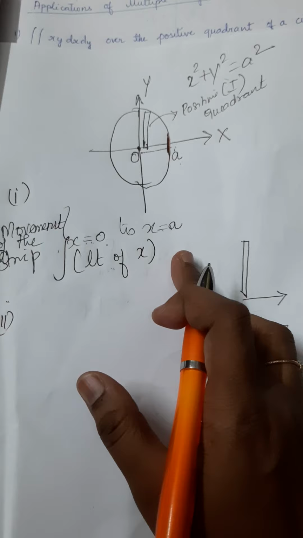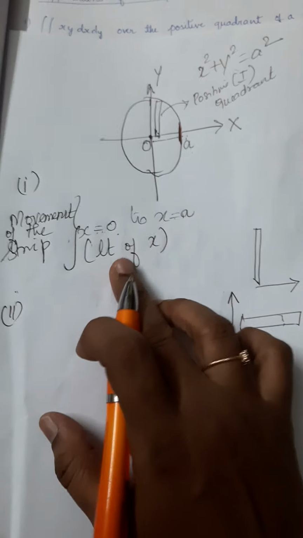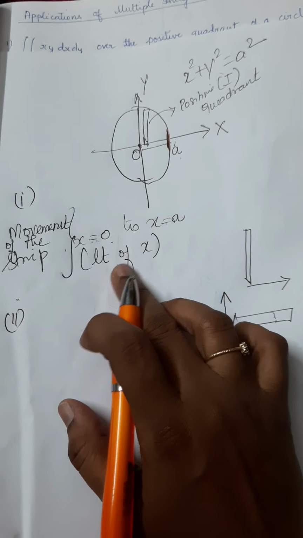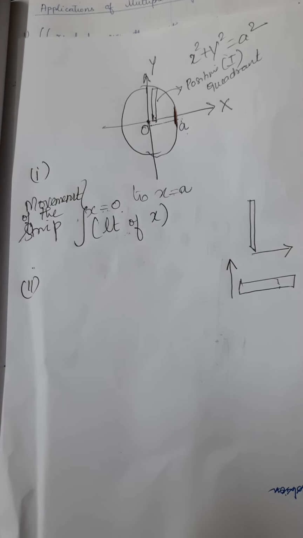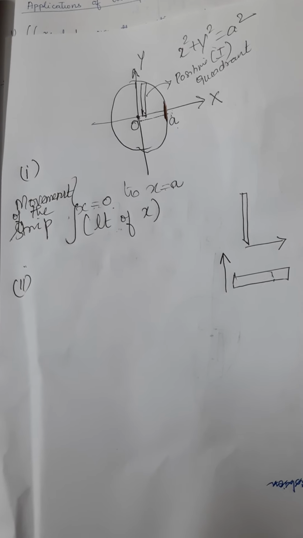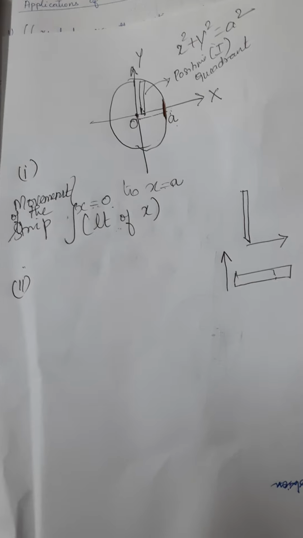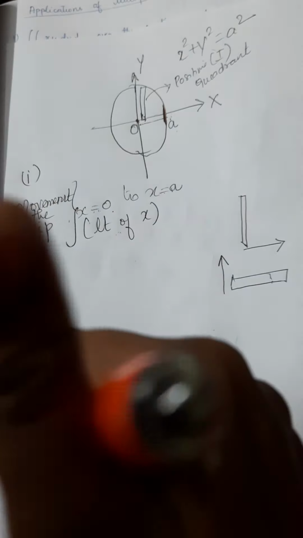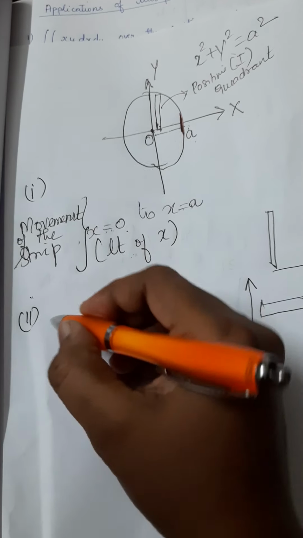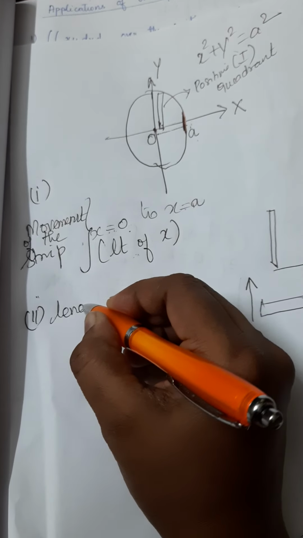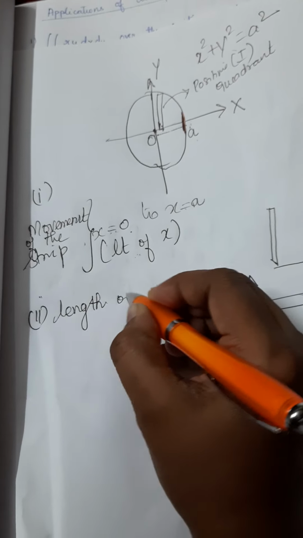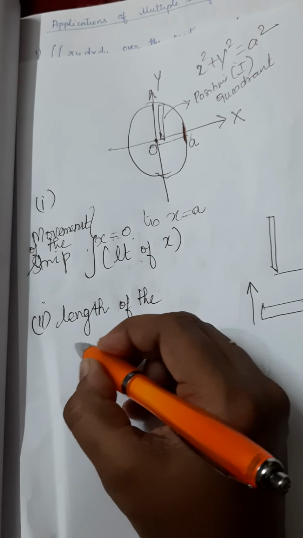So now we have to get the other limit, that is the limit for the function y. This is the standard rule. Hereafter, always, to get the limit, whenever the limit is unknown, we consider a strip. The movement of the strip will give one of the limits, and the length of the strip, let me now measure the length of the strip, is going to give you the other limit.